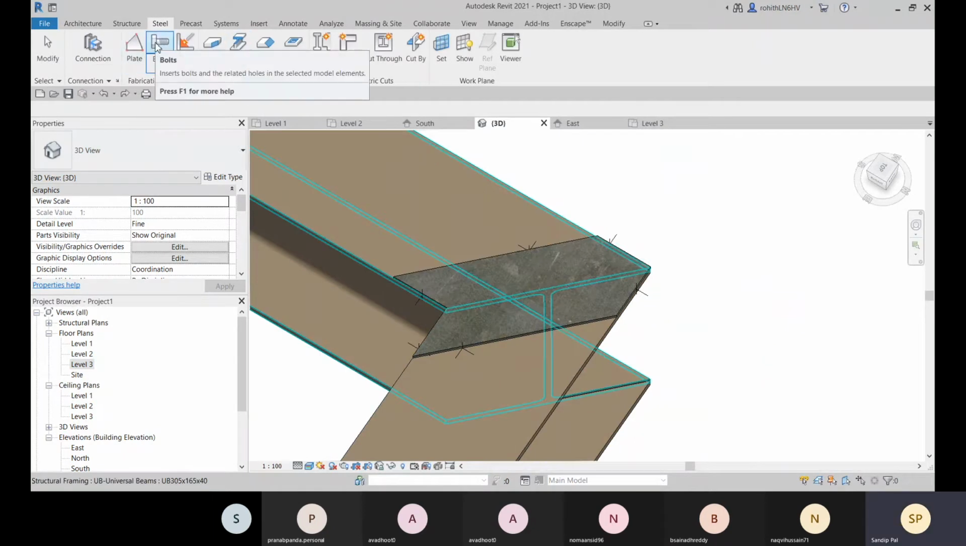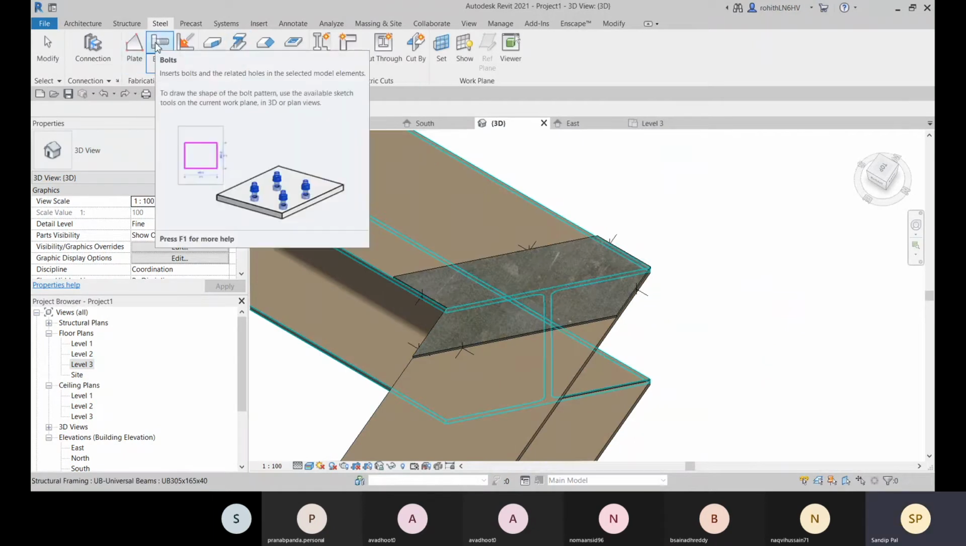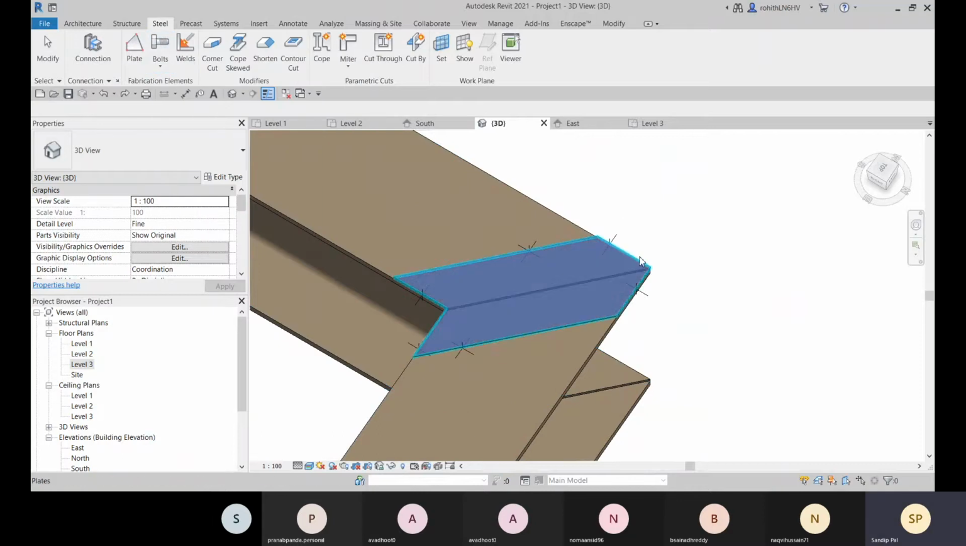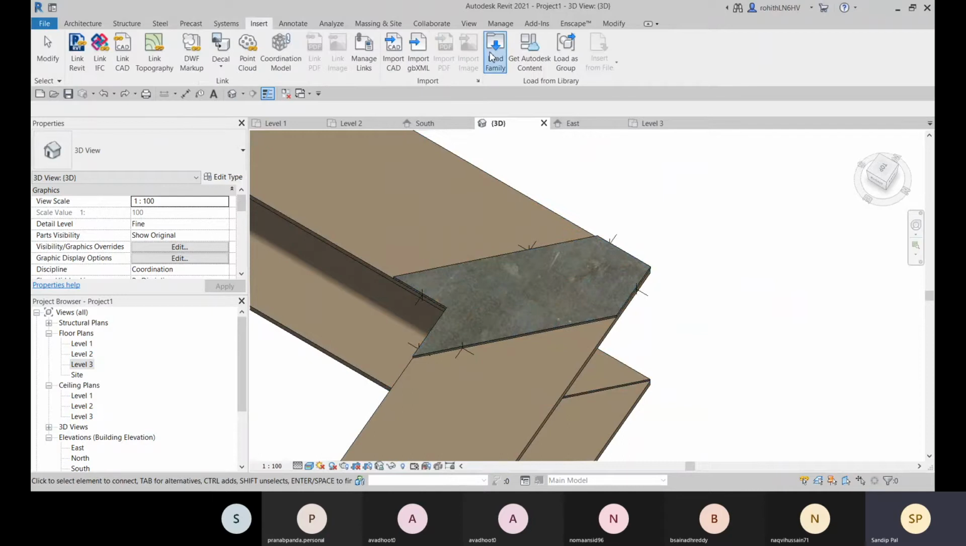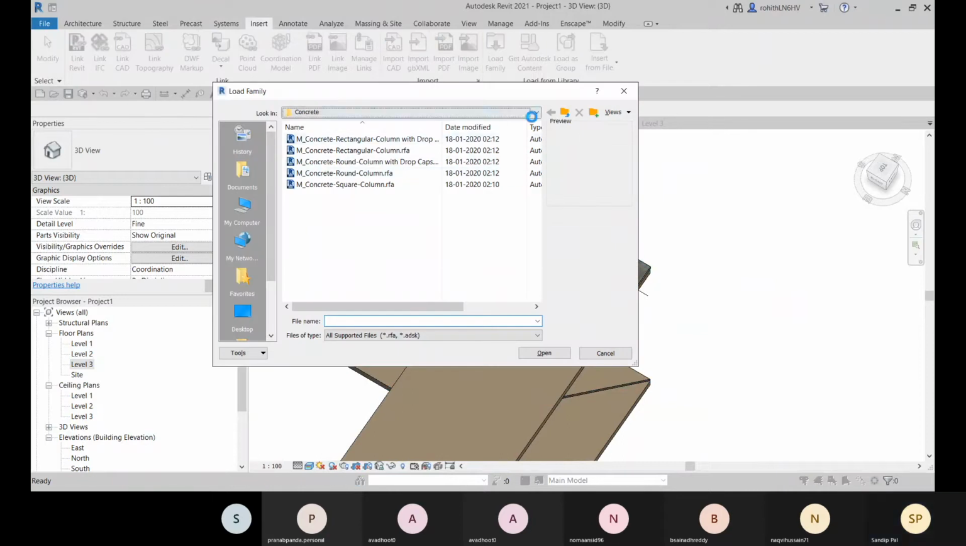I think there are no bolt families loaded. I think because of that. So let's go for load. Click on insert, load family, and